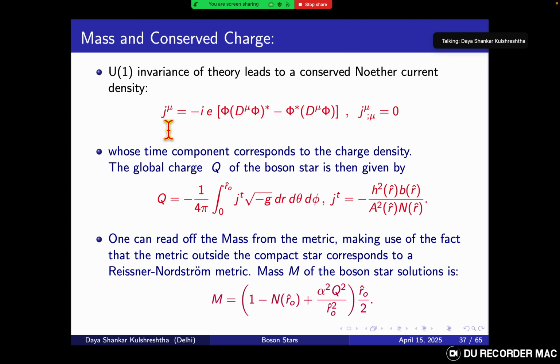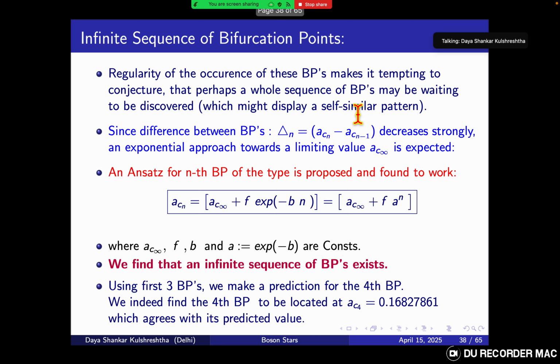And again, the U(1) invariance of the theory would lead to the Noether conserved current and current density, so charge density and the global charge, and the mass parameter m. So in these two models, this is a local symmetry. And now, after doing some of these things, we found that our first four bifurcation points were very, very